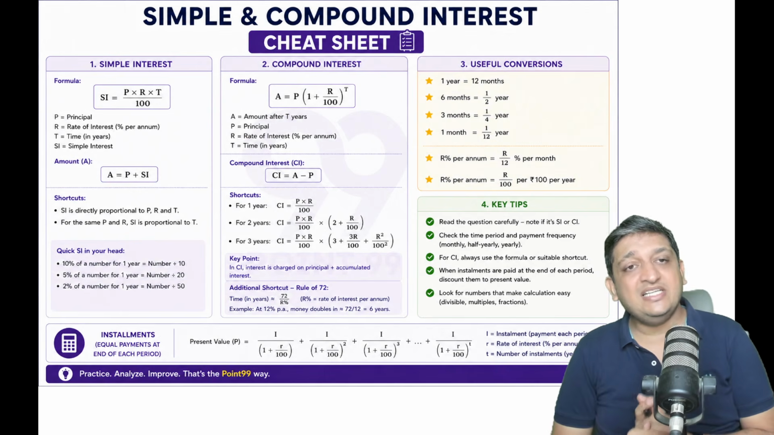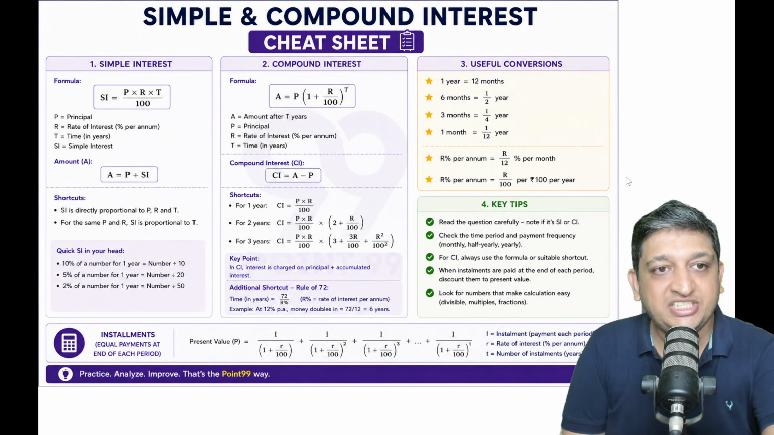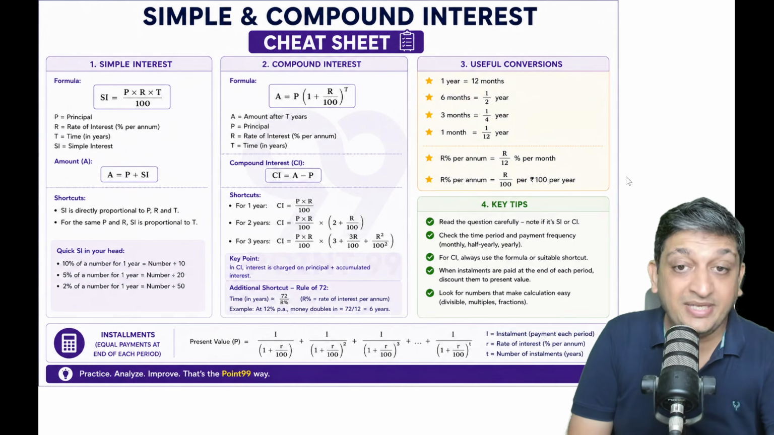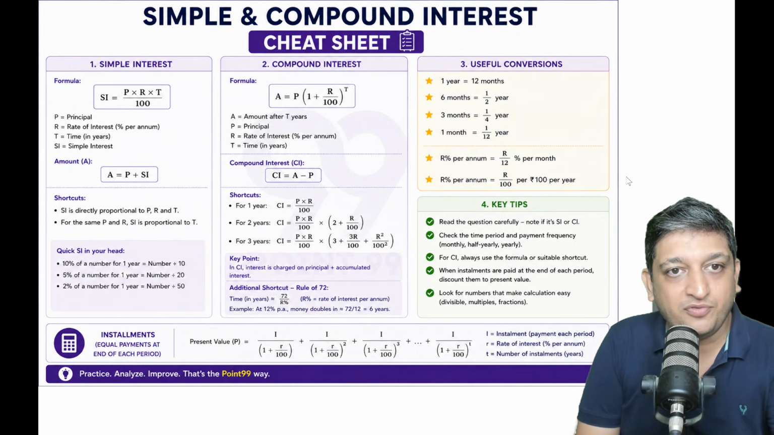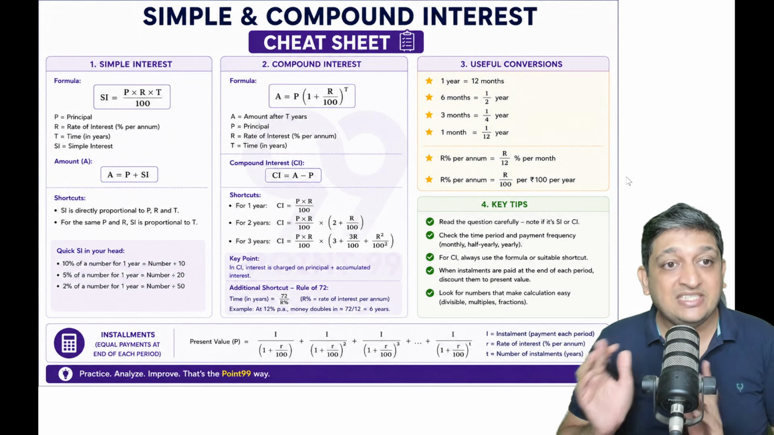Now, this is basically the cheat sheet that I was talking about. So simple interest and compound interest cheat sheet. We have all the important formulas, all the important topics that we need in this particular context. So you can have a look at simple interest. First of all, the formula is P into R into T by 100, where P is the principal,